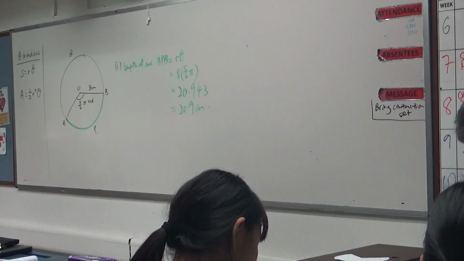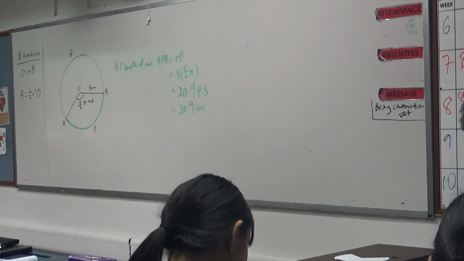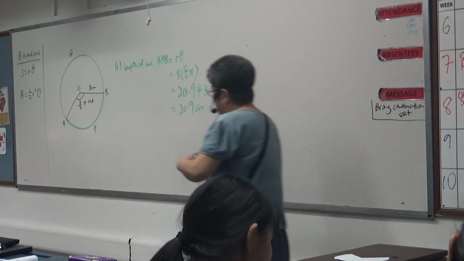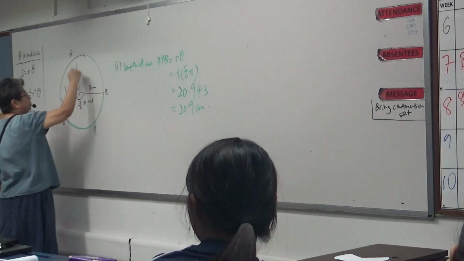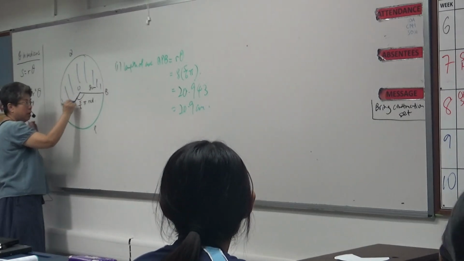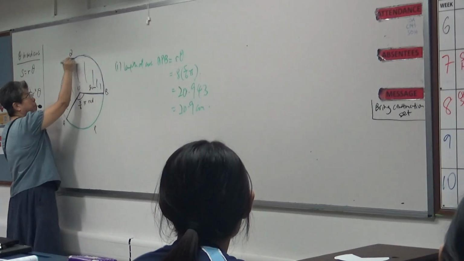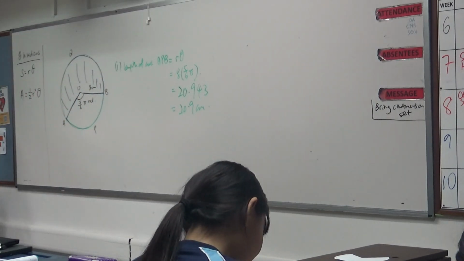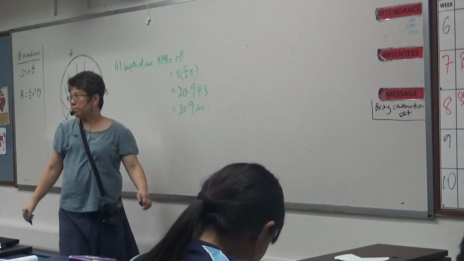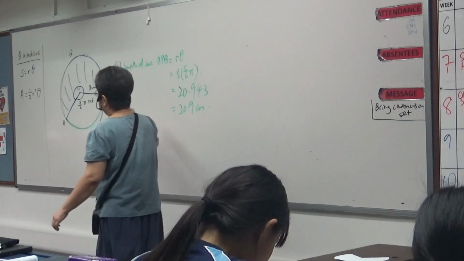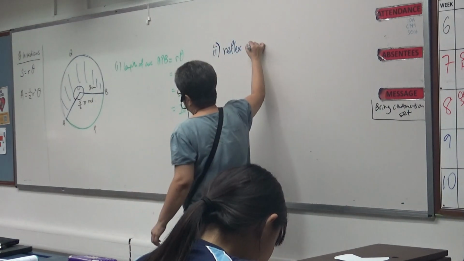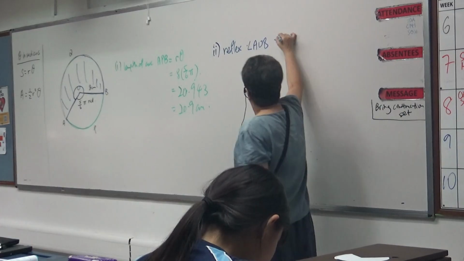The perimeter of the major sector OAQB. Now, they want the perimeter of this. I want everybody to look up. The perimeter of this is 8 plus 8 plus this arc. Can you see what I'm talking about? Okay. How to get this angle? Okay, very good. I know the answer. You must say reflex angle AOB will be 2 pi minus